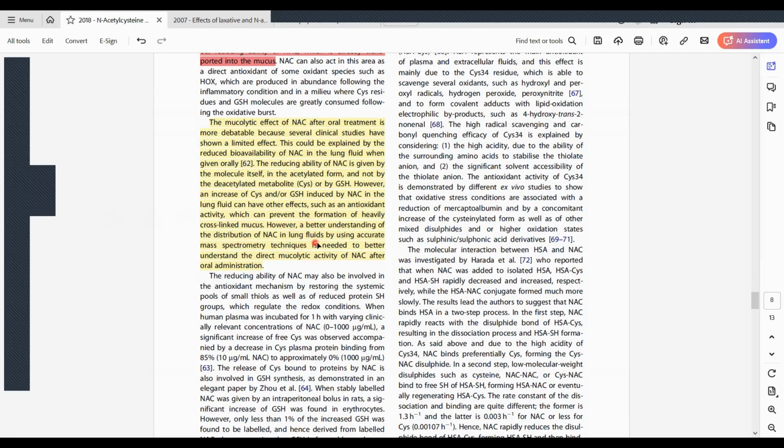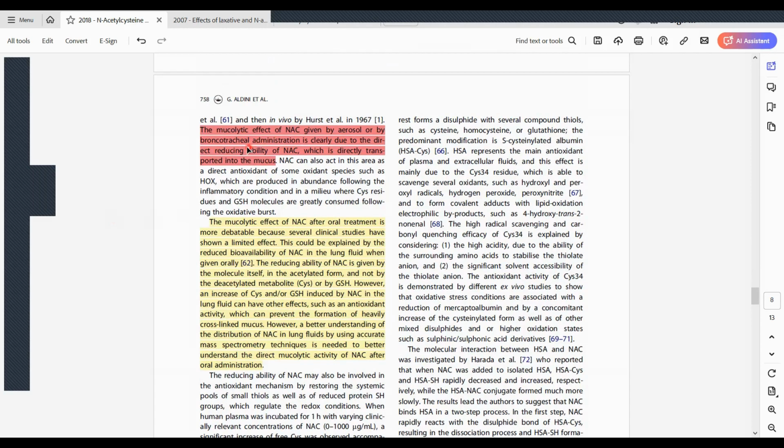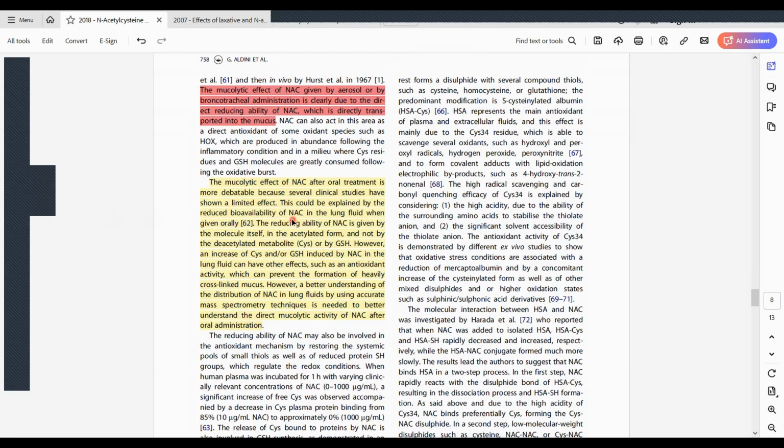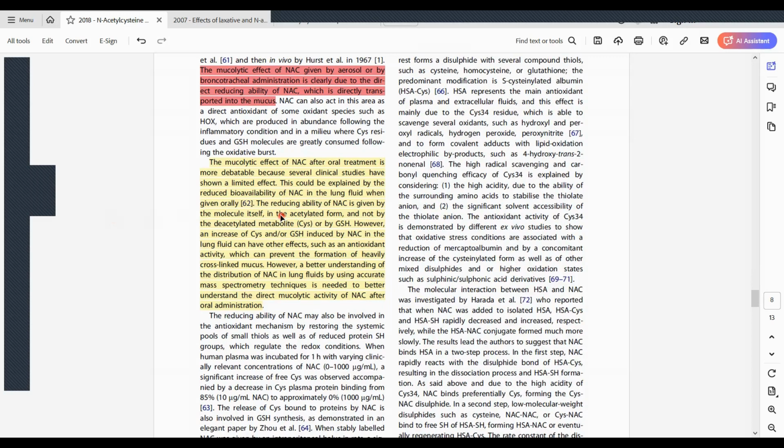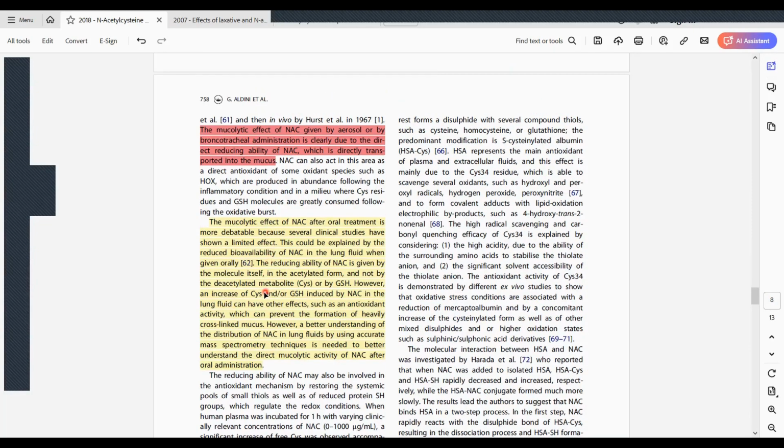However, a better understanding of the distribution of NAC in the lung fluids requires more study, basically. Okay, so best would be nebulizer, apparently, from this study, but you're also getting an effect from oral treatment. It's just harder to tell how much of an effect we're getting compared to the nebulizer. So it's still worthwhile to take oral NAC, and just from a clinical experience, anecdotal perspective, I've seen multiple patients be helped with mucus busting through oral NAC use. So while we wait for them to do more research, we'll still glean the benefits of